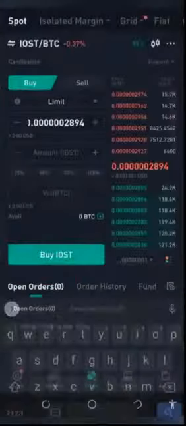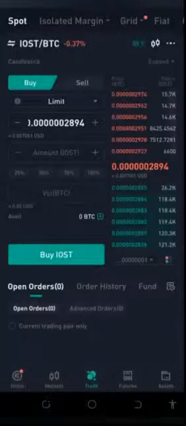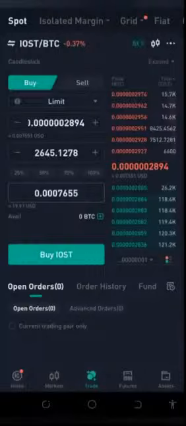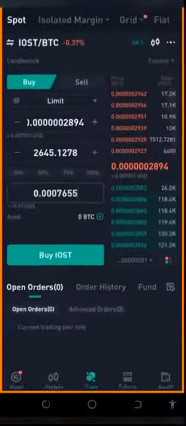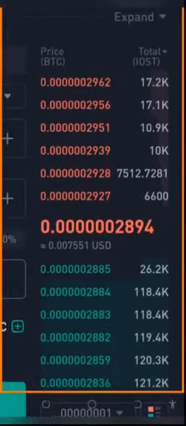All right, this is IOST BTC. Good. So now we will have to paste this in here and see, we get 2645. All right, now we have to check the order book. Do we have 2645? Definitely we do. At least we have the first thread that is 6,600, so it can cover up for